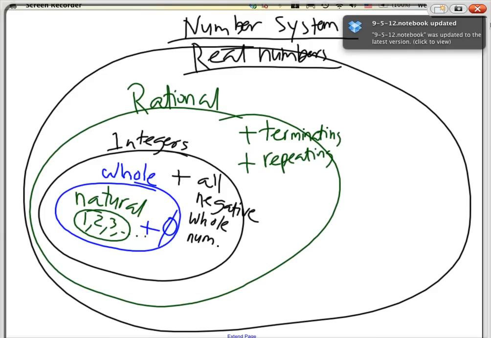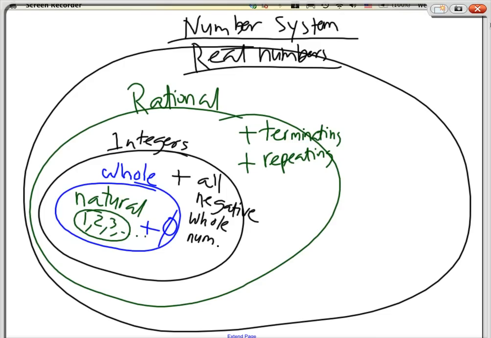But what's unique about these two that I just covered before? These two can also be converted to what? Fractions. That's the selling point for this: any number that can be written or rewritten as a fraction is called rational. So why is it that the whole number here is also rational? Because, for example, if I say 5, can you write 5 as a fraction? Yes, you can. Can you write 0 as a fraction? Yes. 0 over 2, 0 over 4, doesn't matter. 0 divided by 4 is still 0, right? So you can still write it as a fraction.